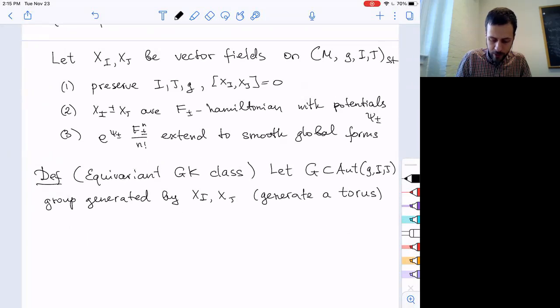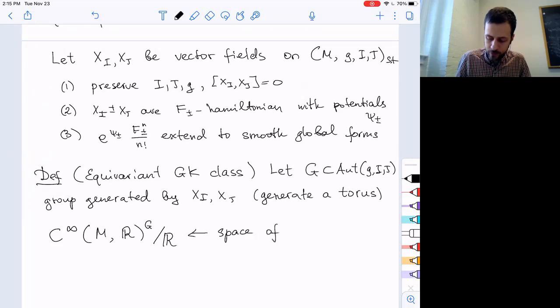And I will consider the space of functions which are invariant with respect to this torus. So not all smooth functions, but only those invariant in the direction of this torus. The space of G invariant smooth functions